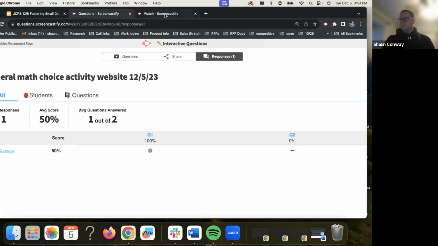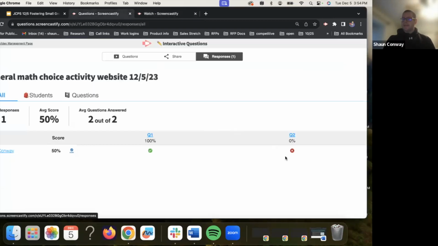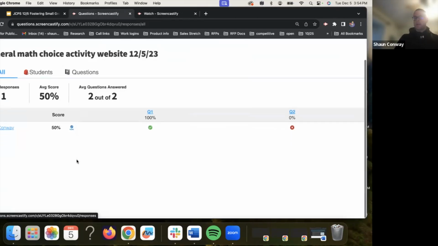Now, when I do answer, I got it wrong, but what you're going to see happen is that it instantly refreshed without me even having to refresh the page. Two things happened. A red X appeared because I got it wrong, but also this blue check mark appeared, which says all questions answered when I hover over it. So if I send this out to 25 students, my first thing as a teacher after that time, I'm going to look for blue check marks.